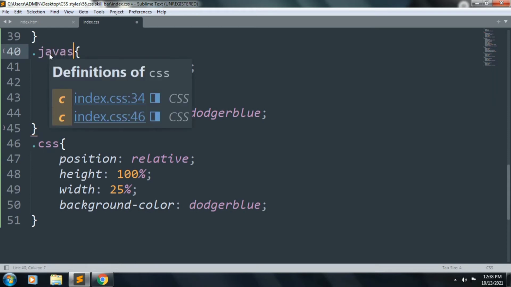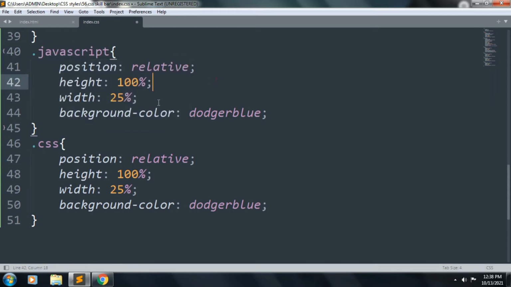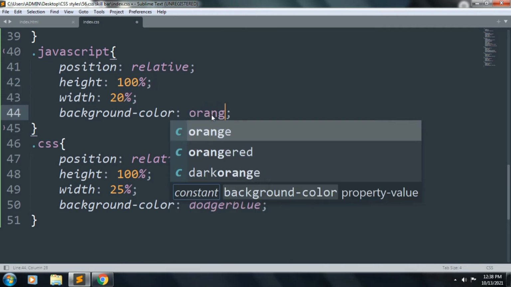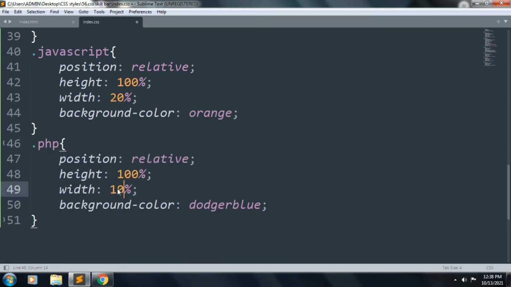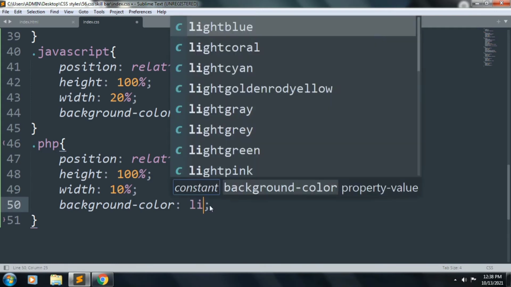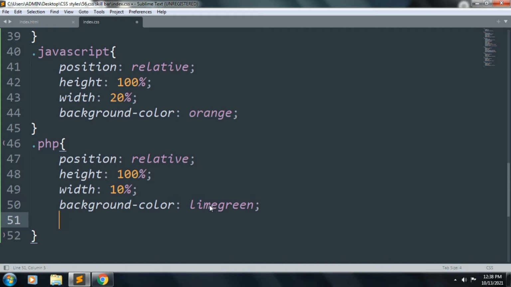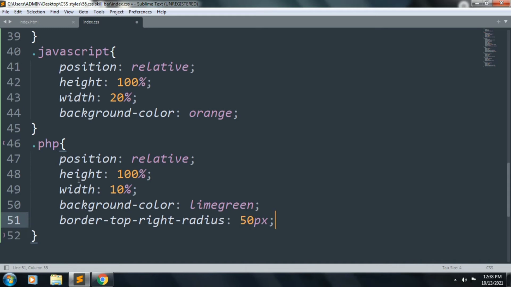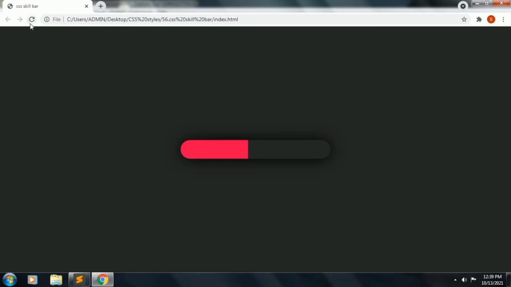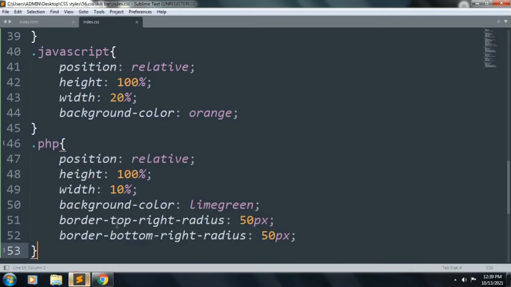We want to change this JavaScript and width will be 20%, background color is orange and this will be PHP, width is 10% and background color is lime green and border top right radius that will be 50 pixel. Copy this line and paste it. We want to change this bottom. Save the file, refresh. The skill bar is looking good.